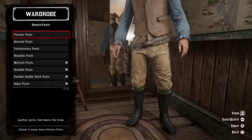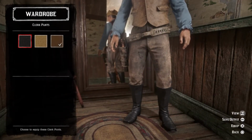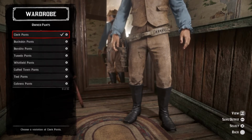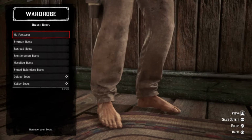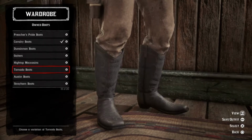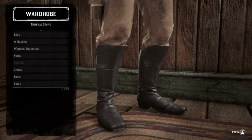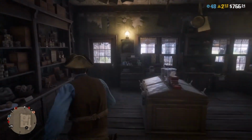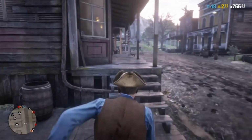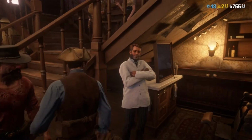For pants, I went with the clerk pants in this brown color. And for boots, I do know for a fact that in the show he does wear, at least occasionally, black cavalry boots. Yeah. I'll go on over to the barbershop and show you what hair I'm using, and then I'll come back and show you how to wear the, excuse my French,